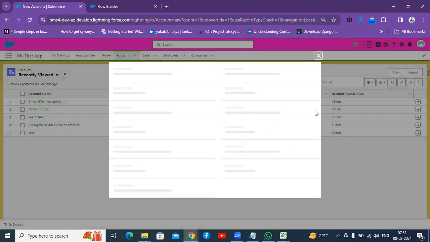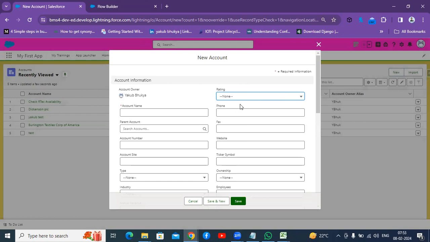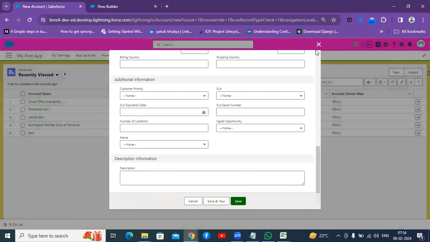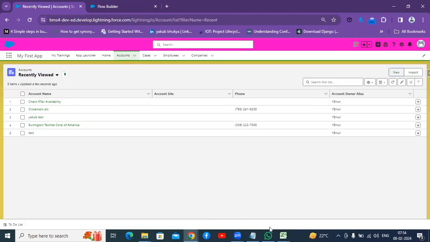Whenever you click on the New button, one screen opens to create a record. This screen is the standard page layout we have to create an account record, isn't it? Like this screen, if you want to create your own custom screen,